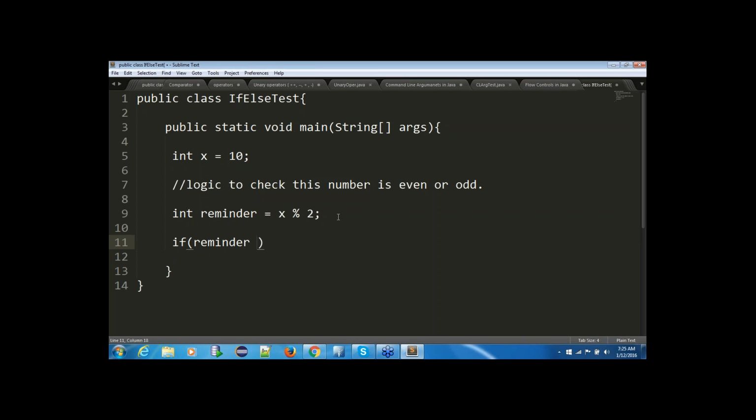So to compare two values, we will be using a special operator called double equals to. The double equals to operator verifies the values. What is the remainder value whenever x mod 2 happens? That value is equivalent to 0 or not. That is what it verifies. Remainder is equivalent to 0 or not. That it verifies. So if you look at here,